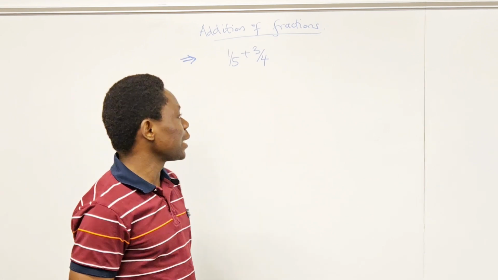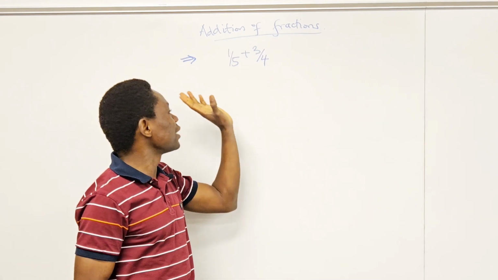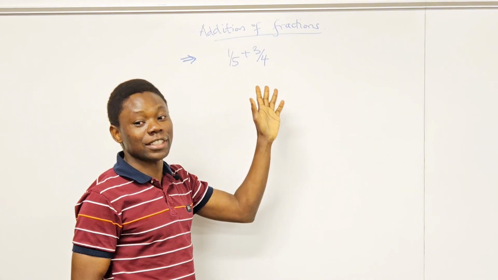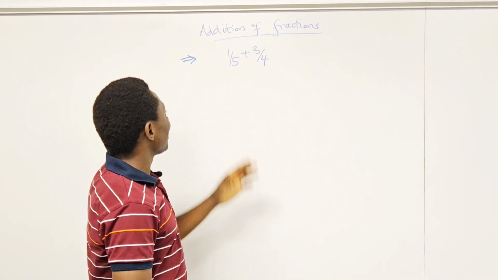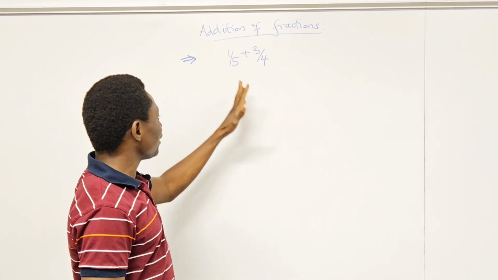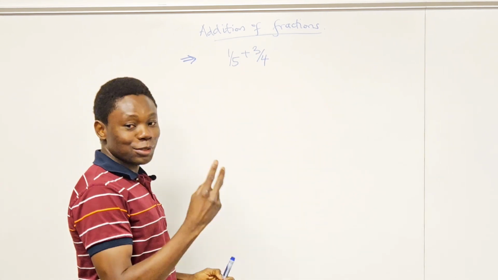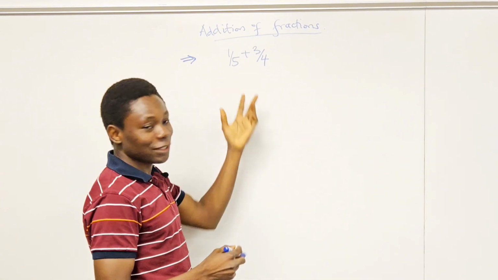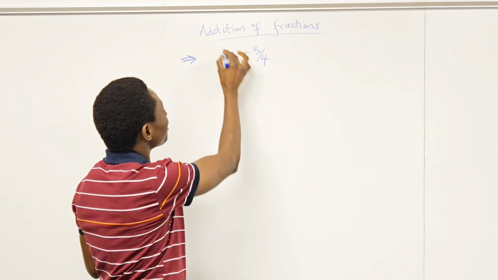All right, let's consider a situation where the denominators are not common, where we cannot just easily sum up the numerators and divide by the common denominator as we saw earlier, right? In this case, we have 1 over 5 plus 3 over 4. Now, there are 2 approaches I will show you for solving this, right? The first approach is to cross multiply